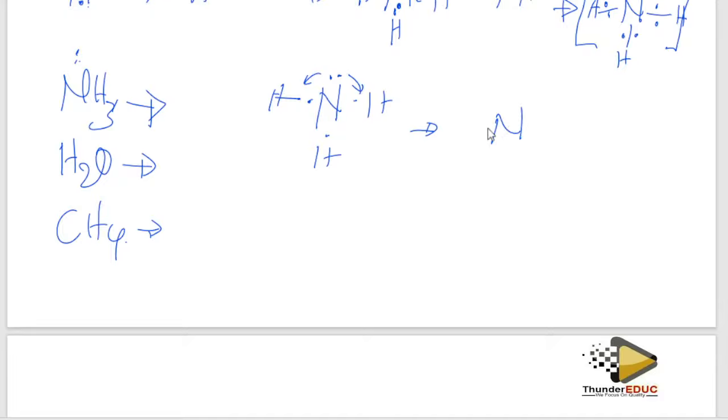When it tilts a bit, it pushes this hydrogen down because of this strong intramolecular force of attraction, the one found inside the molecule. So it pushes it a little bit down, and then this one pushes just a bit up like that. Which shape is formed here? It forms what you call the trigonal pyramidal.